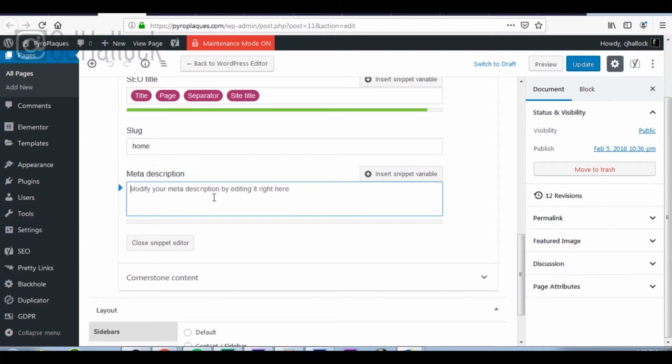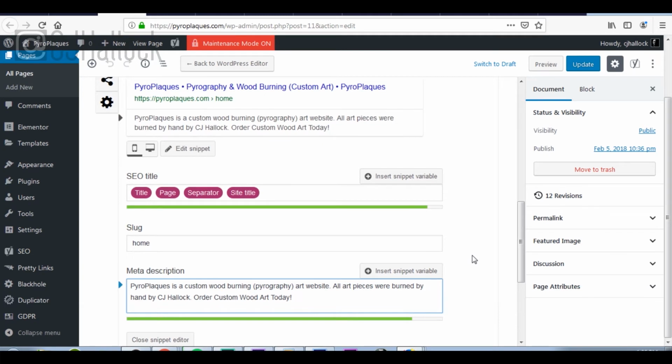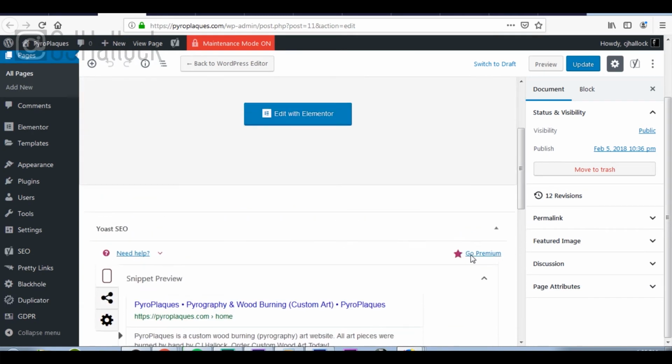If you do not do this, it's going to pull whatever content it thinks is the most relevant off of your homepage. Sometimes it's not a problem. It'll pull the perfect thing and it'll get a person to click through to your website. But there are other times when it may pull information that really makes no sense. A caption from a picture at the bottom of the page. Google does what it wants. So you need to make sure that you guide them along the way to let your customers know what these pages are about. So we're going to go ahead and put in the description. All right, so I have a quick description put together. We have the title, the slug, and then we're going to come